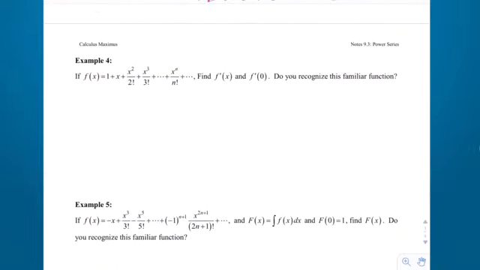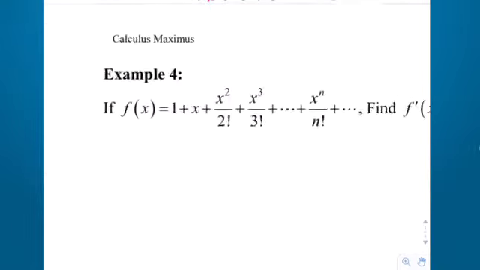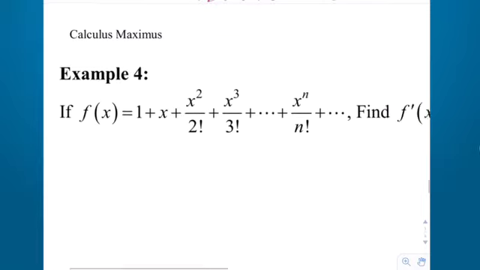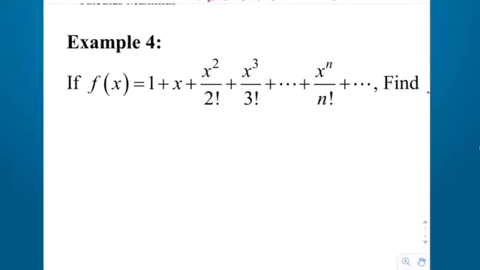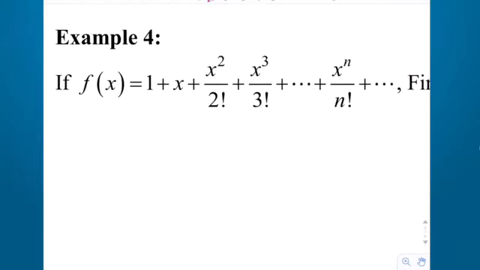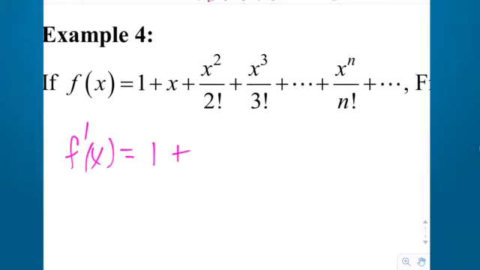Okay, so let's jump down to example 4. It says, if f of x is equal to that, find f prime and f prime of 0. Okay, first things first. One of the things we could do, remember, is to take the derivative. So f prime of x should be equal to, term by term by term, we get 0 plus 1 plus,